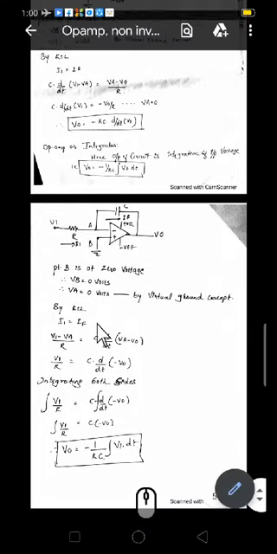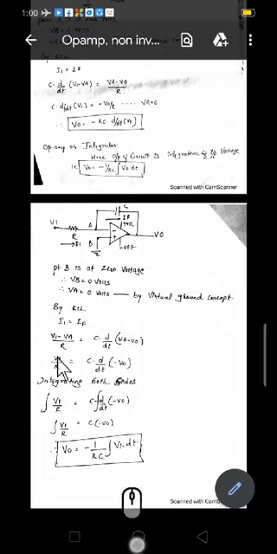After getting this equation, next we will go for the adjustment of the terms here, integrating both sides. Why are we integrating both sides? We want to cancel this d by dt, because we want the integration of the input voltage to be equal to the output voltage. So if I integrate this, d by dt will get cancelled.